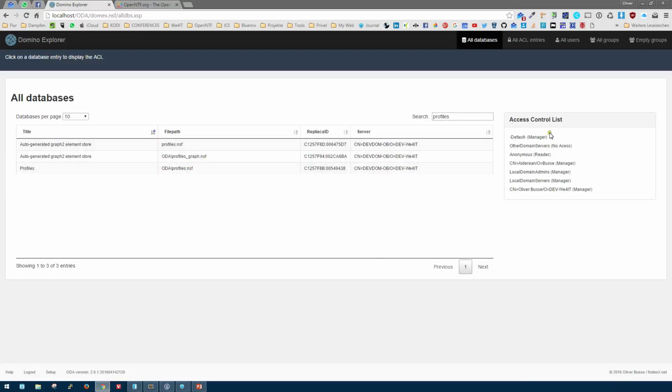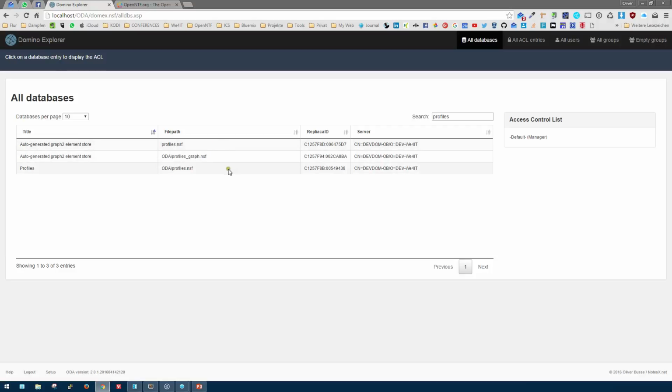If you click on it, you get all the ACL entries. And I assure you, this is not done via the traditional methods by just scanning the ACL. It is accessing graph data that is holding those ACL entries for each database, because you may know, local domain admins is an ACL entry you will find in almost every database on your system. Therefore, it would be nonsense to create a separate entry for that. It is just created once, and it is used several times by defining an edge to